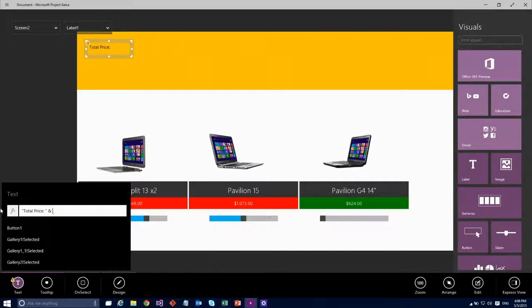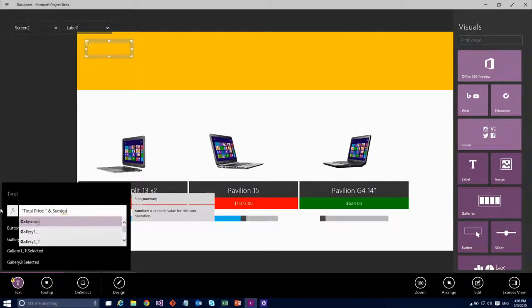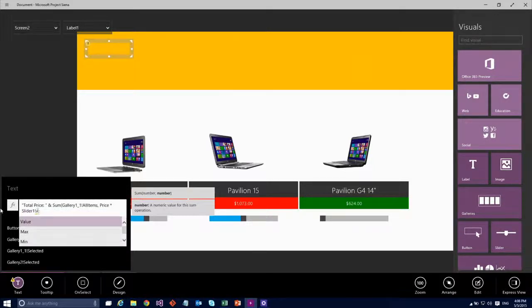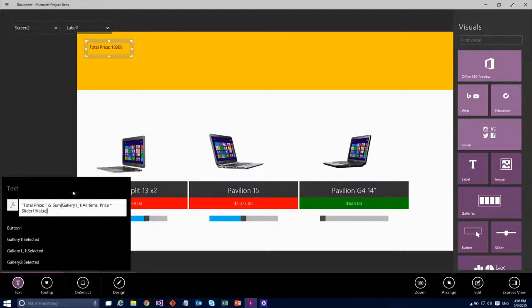So the only thing you need to know here is that there's a special property that we've added to this gallery called all items. And what I can do then is sum over my gallery table and return all items that are in that table. Over all of these items, I want to take the price, multiply it by the slider value. And there you go.